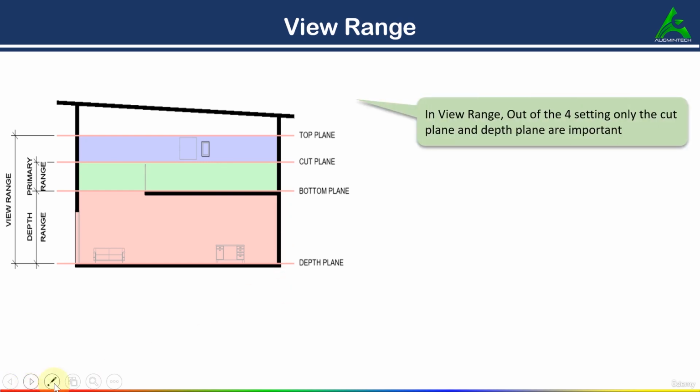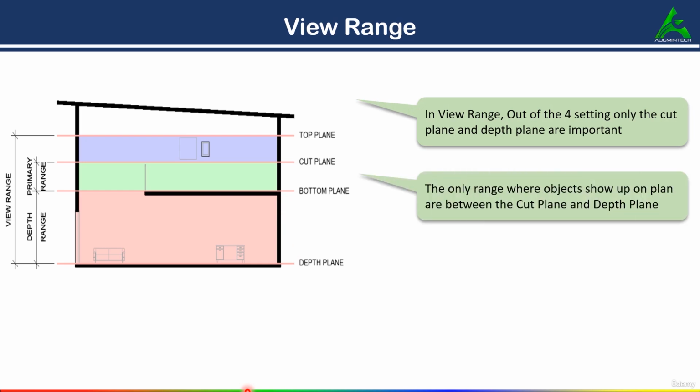Okay, so in view range, out of the four settings, only the cut plane and depth plane are important. Why? The only range where objects show up on plan is between the cut plane and view depth. Suppose you have placed a door, so the door is between the cut plane and view depth. If the cut plane cuts the door, then only it is visible in your plan. Otherwise, it will not be visible. Suppose you have placed any object below the ground, below the bottom, and you want to see that object, so you have to